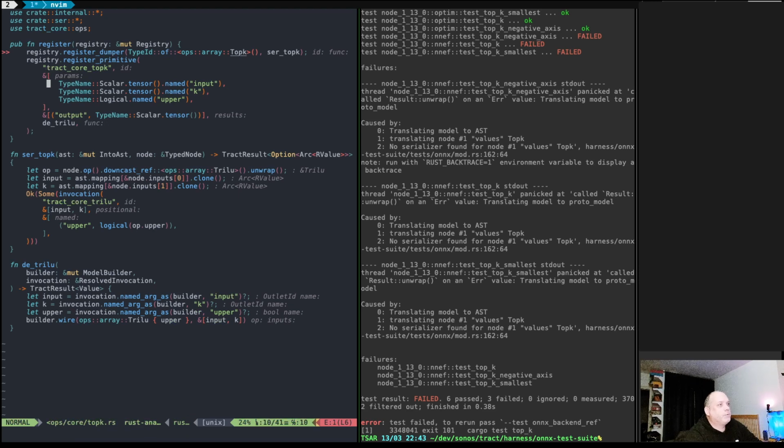The parameter of this function will be the input. So in NNEF, there is no distinction between attributes and input. So everything is an input, basically. So we have our K. By luck, we already have something called K in Trilu. So we have also Boolean, except ours is not called upper, it's called largest. And we have an axis, which is,